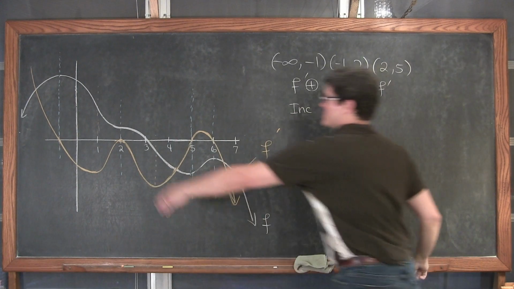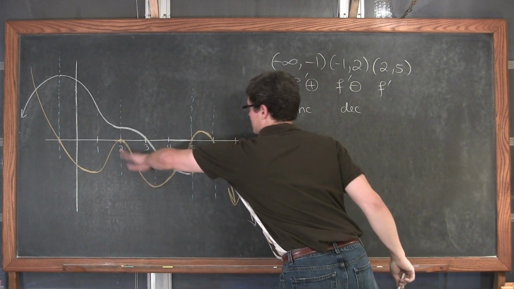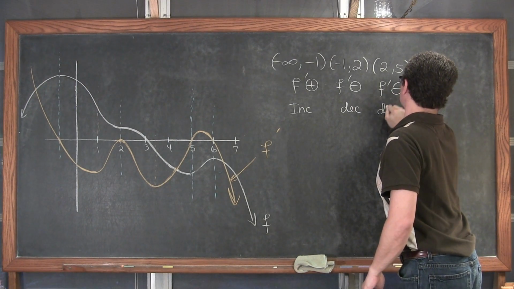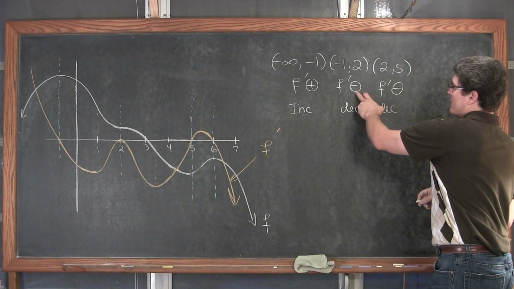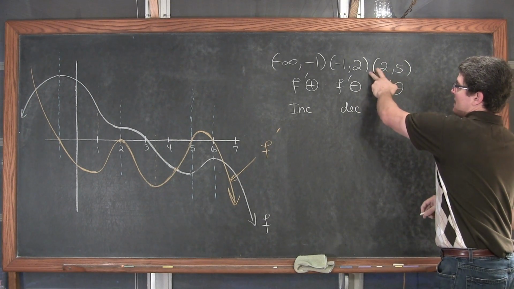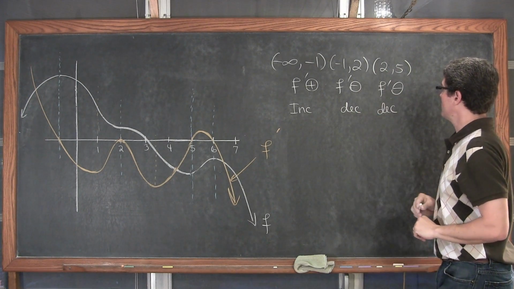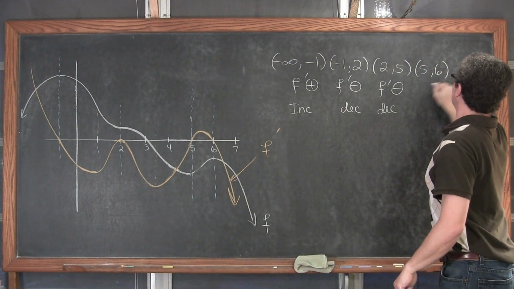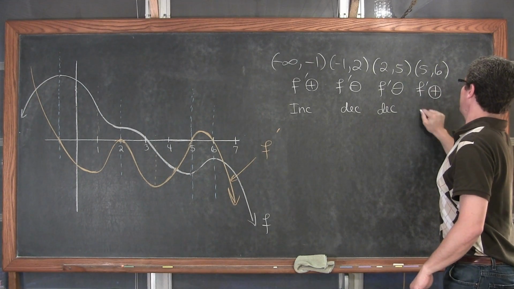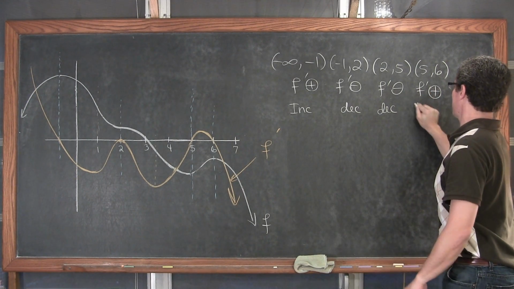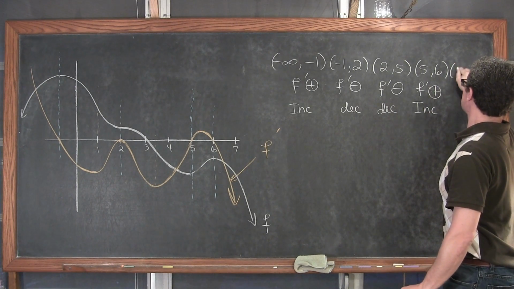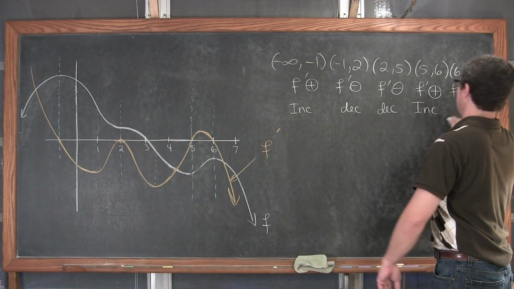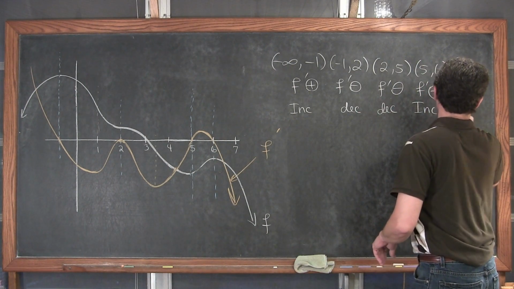Our first derivative, again, is still below the x-axis, so we are, again, decreasing. And since our derivative went from negative to stayed negative, we do not have, again, a relative min or max at the x value of 2. And then from 5 to 6, our first derivative is positive, indicating our original function, even though we could see it in the original drawing, was increasing. And then from 6 to infinity, we went back to the first derivative being negative, and again we could see that function was decreasing.